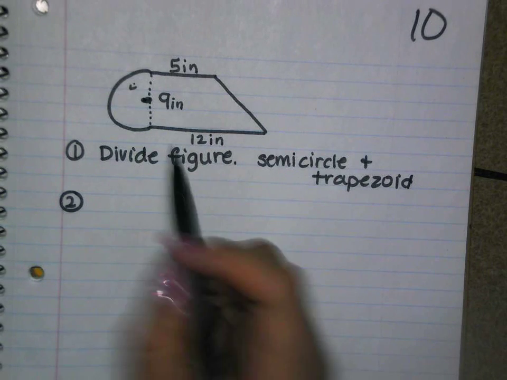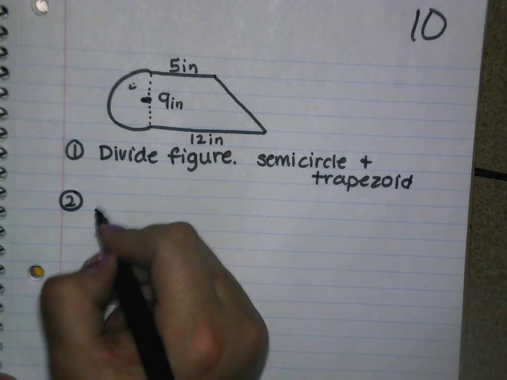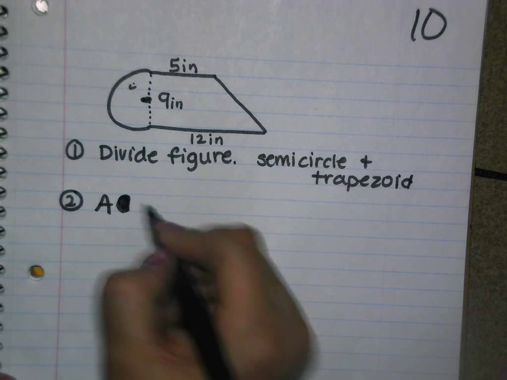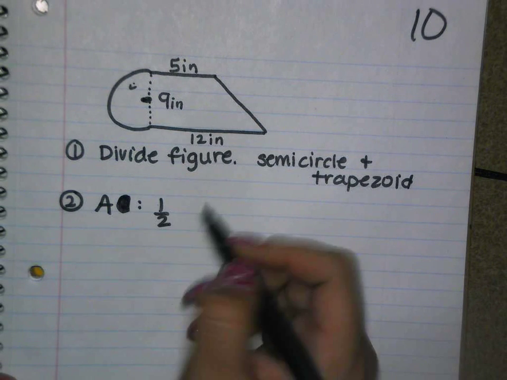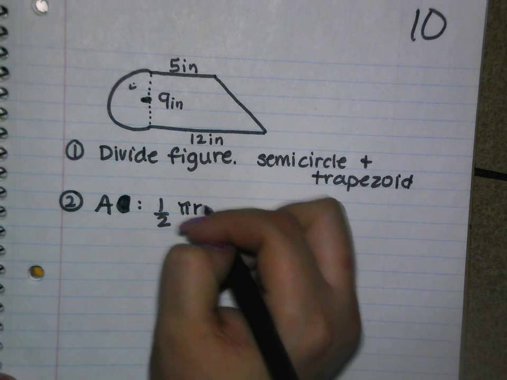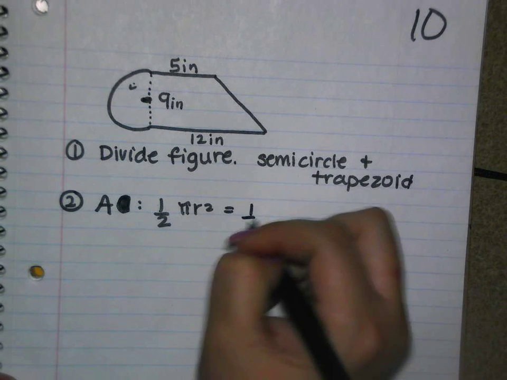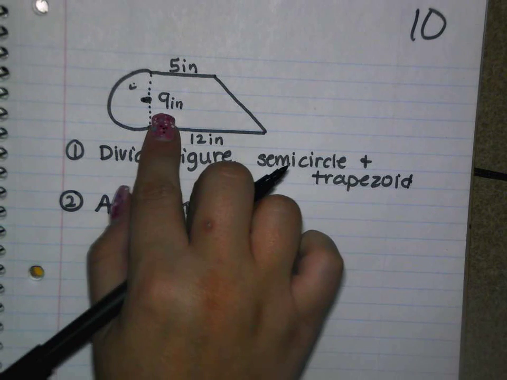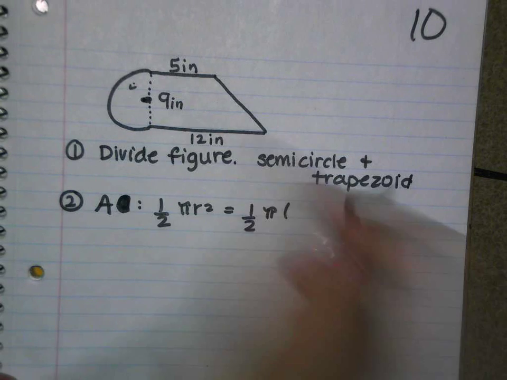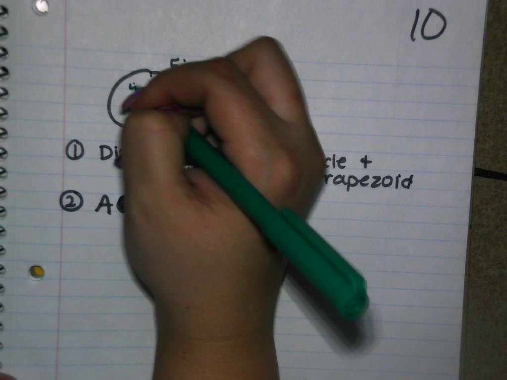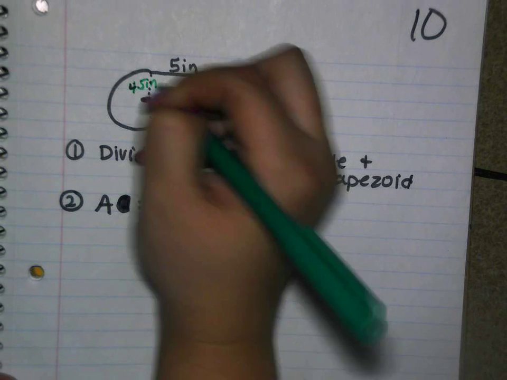So a semicircle in this case was 1/2 of the circle. So the area of the semicircle, we'll just make like a semicircle, right, is 1/2, because it's a half of a circle, times the area of a circle, which is pi r squared, which will leave us with 1/2 times pi times, oh well, we only have a diameter here of 9. If we divide that diameter in half, we're going to get 4.5 inches to be the